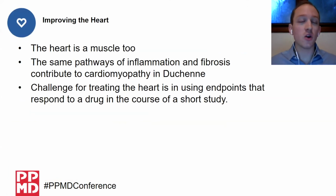And finally, we have the heart, and as we always like to say, the heart is a muscle too. These same pathways that we see, the fibrosis and inflammation that contribute to the weakening and damage of the skeletal muscle, do play a role within the heart muscle as well. But we do have a challenge within cardiac drug development that we don't see within the skeletal muscle, and that comes down to something called the